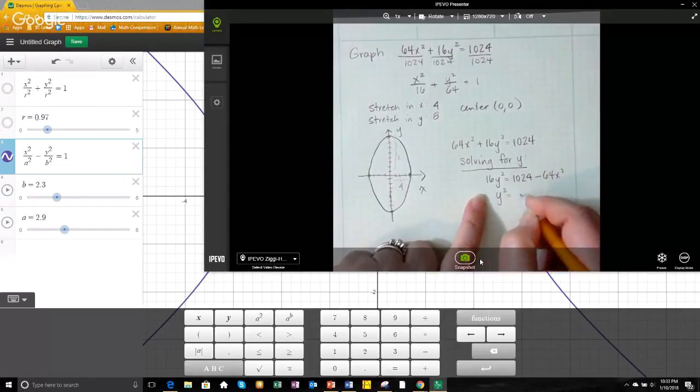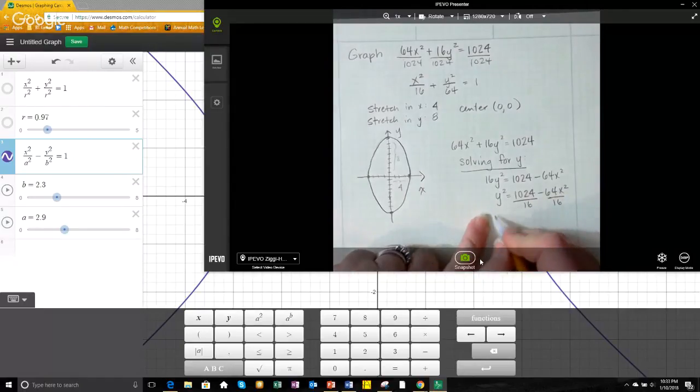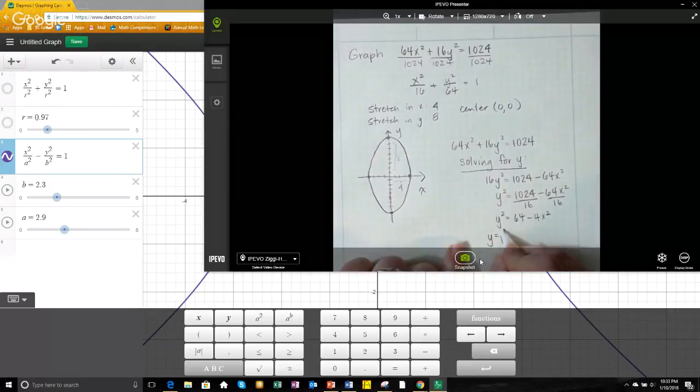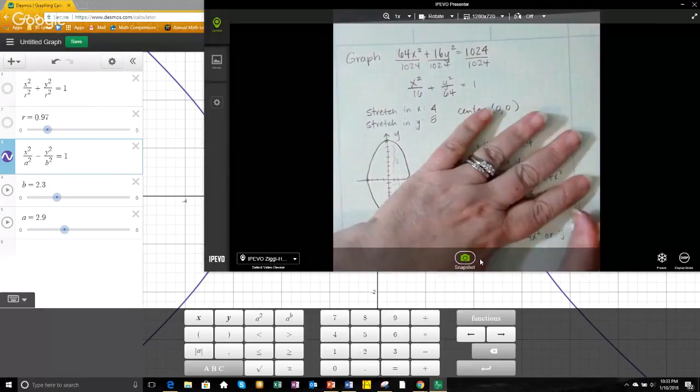Y squared equals 1024 minus 64x squared, divided by 16, which turns out to be y squared equals 64 minus 4x squared. So y will equal the square root of 64 minus 4x squared, or y equals negative square root